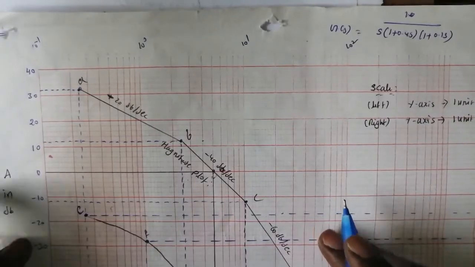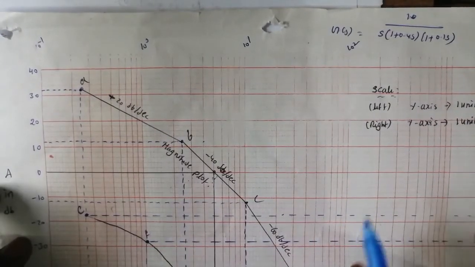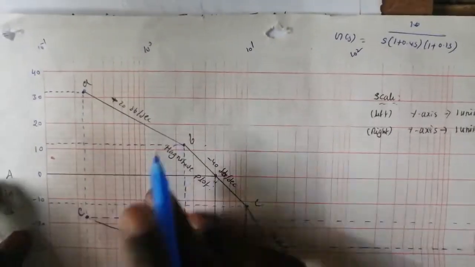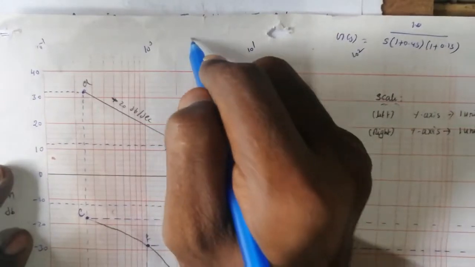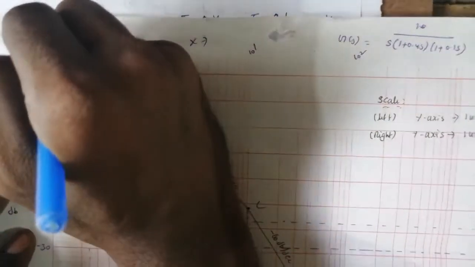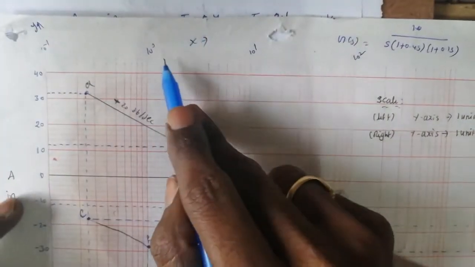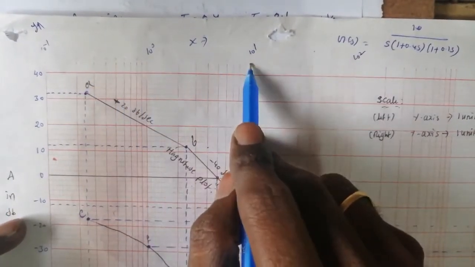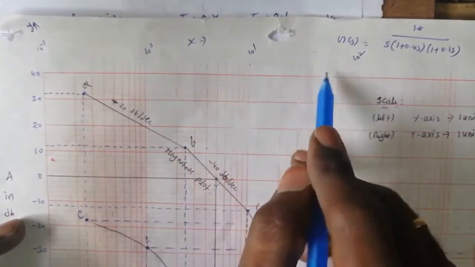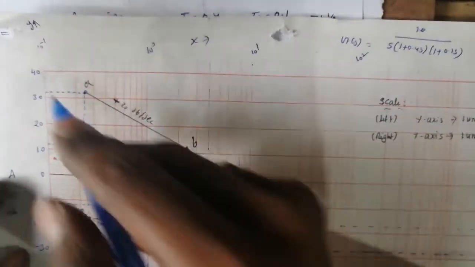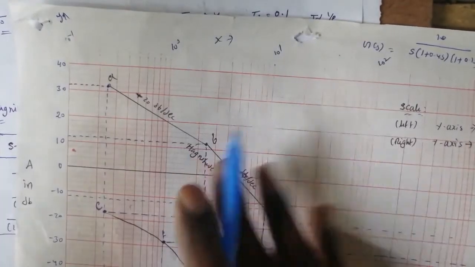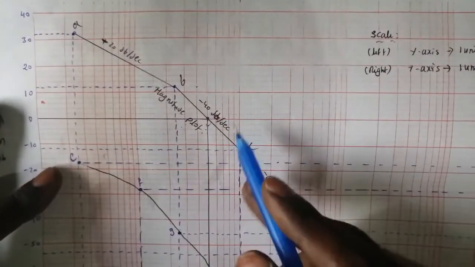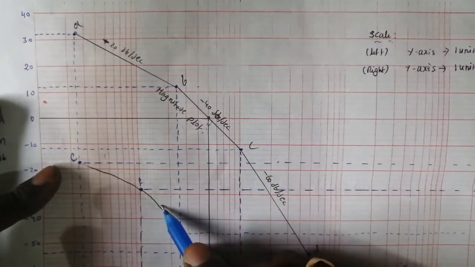So you are seeing a similar graph. Here we can draw the Bode plot. This is the x-axis and here is the y-axis. In the x-axis you have to take the decimal values, that is 10 power minus 1, 10 power 0, 10 power 1, 10 square and so on, whatever we require. And on the y-axis you can take the value in decibels. If you see these two graphs, this one is the magnitude plot and this one is the phase plot.